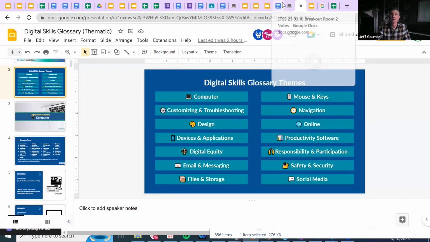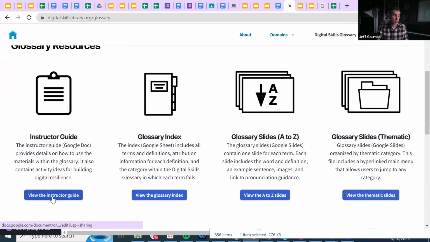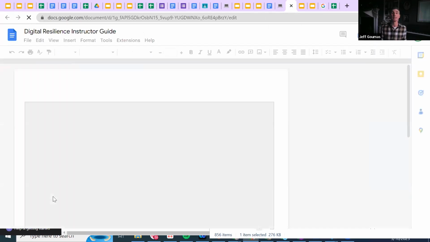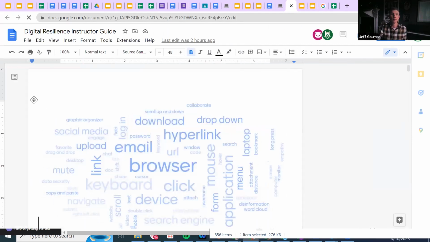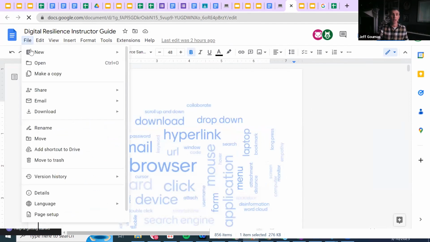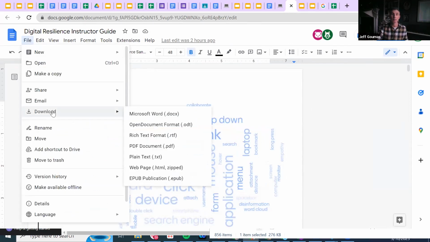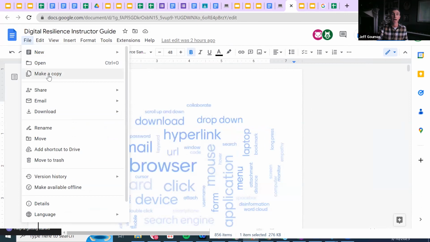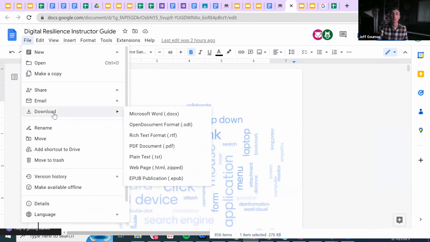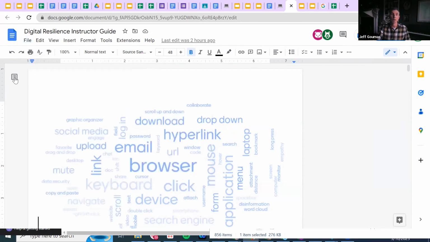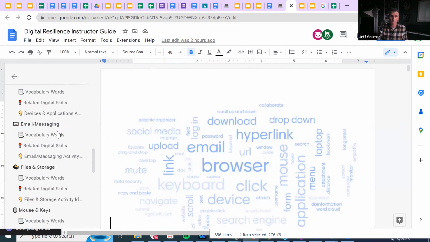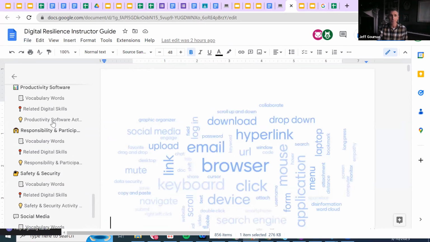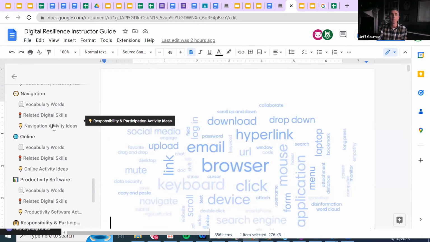But what's most exciting to me about this is the instructor guide, because in addition to creating these slides, and I know I only have about 2 more minutes, we have this fabulous instructor guide that all of you have access to. And again, in the same way that Google Slides work, you could download this as a PDF. You can make a copy to your Google Drive, or you could download it as Microsoft Word. And I'm just going to show you this really quick menu here. This pops out, and it allows you to jump to any of those topic